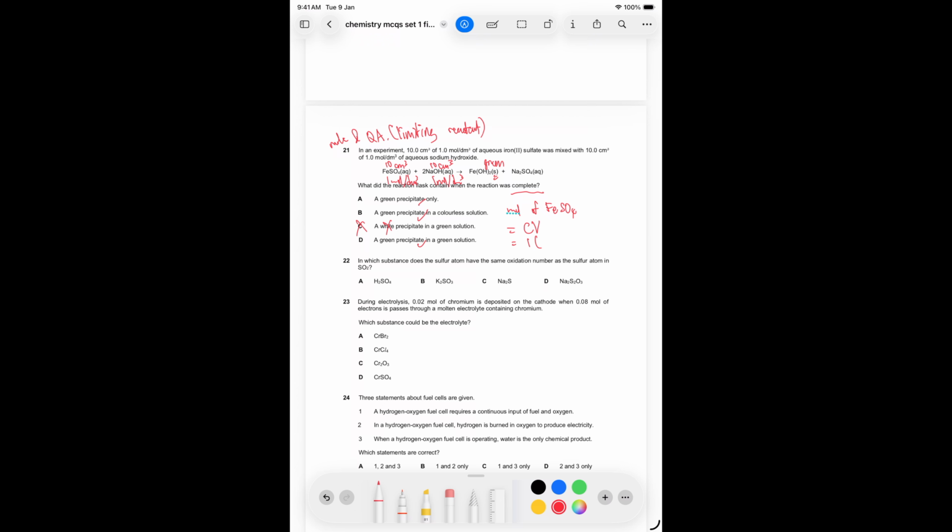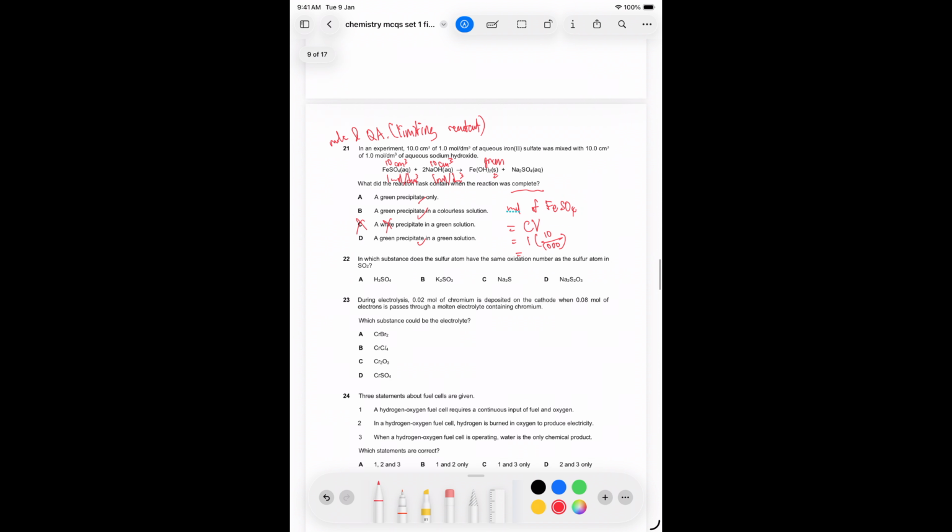So it's 1 times 10/1000. Take note, change to dm³. So you get 0.01 mole. You do the same thing for the mole of sodium hydroxide, CV. It's the same working as well. Both are 0.01 mole. Then next step, I just squeeze in at the top here the working. You do the mole ratio. So it's FeSO4 to